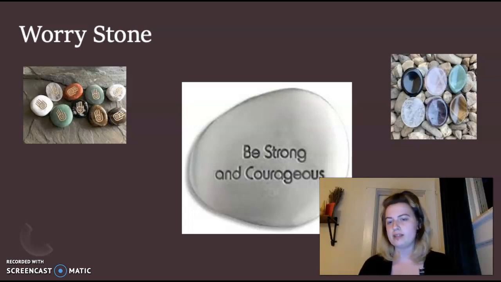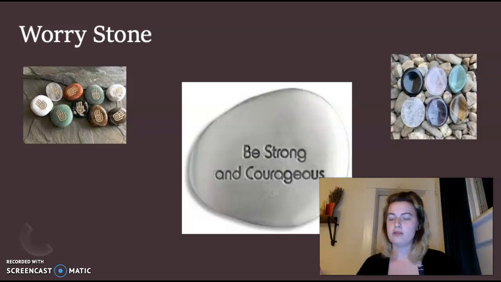So it basically has the same concept of a fidget spinner that was really big a few years ago. So it's just taking that abstract concept and working it through something concrete, something solid, something you can see in front of you, and taking time to decompress and focus on something else, and helping that student, giving the student the tools to be able to calm themselves is so important.